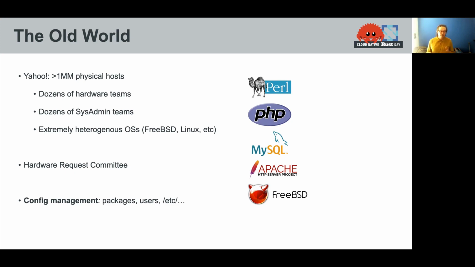And also at the time, if you wanted to get hardware at Yahoo, if you wanted a new server, you had to go to something called the Hardware Review Committee. And this was literally a meeting with the CTO of the company, David Filo, where you'd justify your need for a server or for a fleet of servers. And it was undoubtedly slow and laborious and a little bit stressful to get hardware. This was done to save costs and to make sure we're using things efficiently, but it's really a different way of getting hardware than we do today.